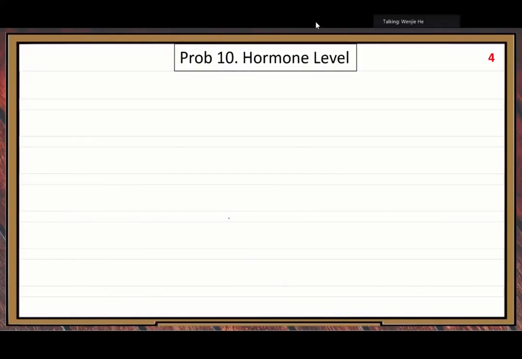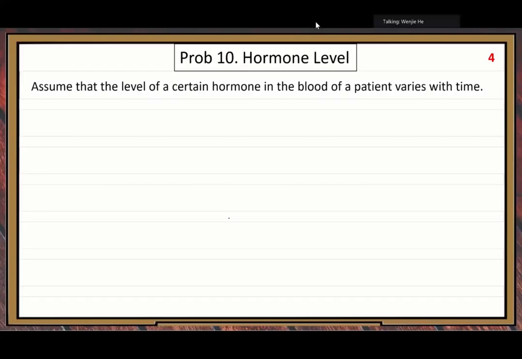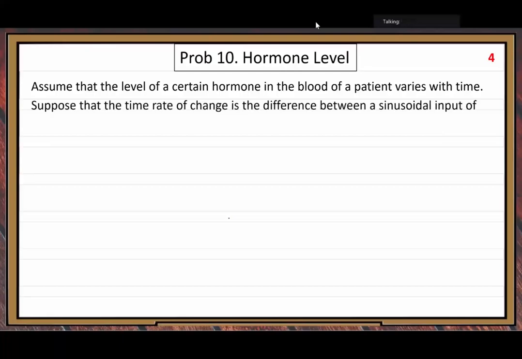Problem 10. Application problem. Hormone level. So let's look at the question first. Assume that the level of a certain hormone in the blood of a patient varies with time. Now we need to calculate the level of hormone as a function of time t. Suppose that the time rate of change, the derivative of this hormone level, is the